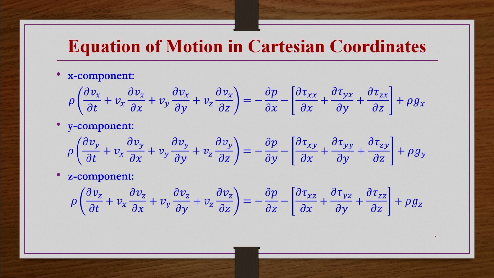Now, all these 3 equations are coming from equation number 12. Equation number 12 contains 3 equations, and if you separate them out, you have these 3 equations. One is expected to remember this equation, at least in Cartesian coordinates, if somebody is working in the area of fluid mechanics or transport phenomena related problems.